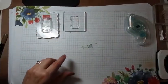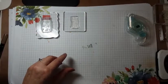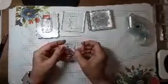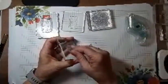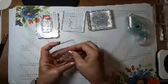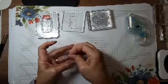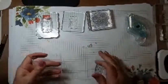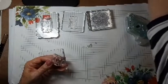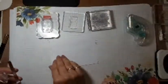All right, so we have the jar, we have some stems, we have the flowers I want to use, and we have the inside of the jar. Now, these two stamps can be used what I call backwards, okay? So let me, do I have some scrap paper? Here, we'll stamp on the back of the weekly deals because we're almost done with those. All right, so